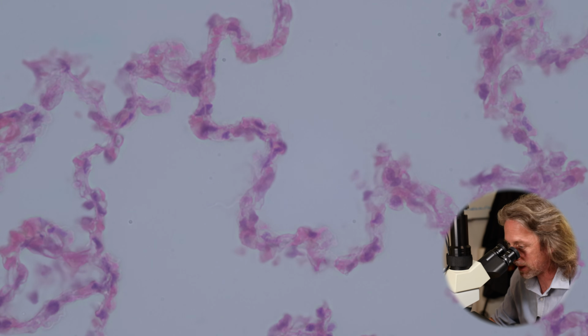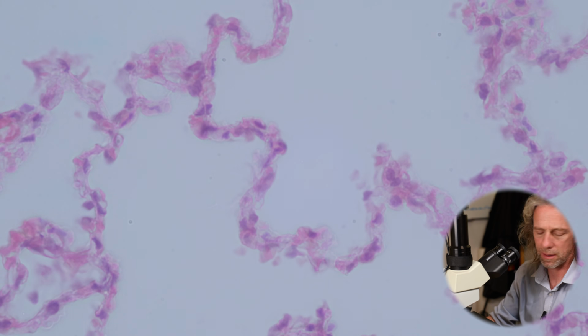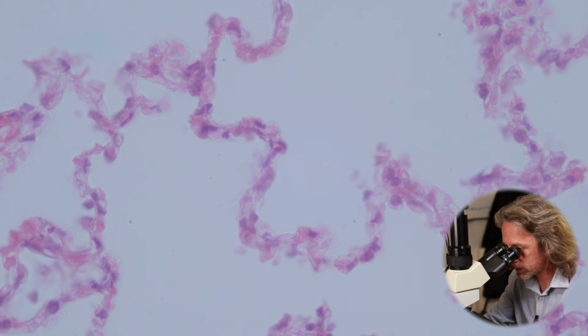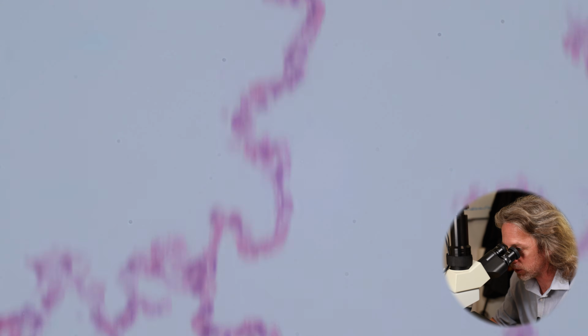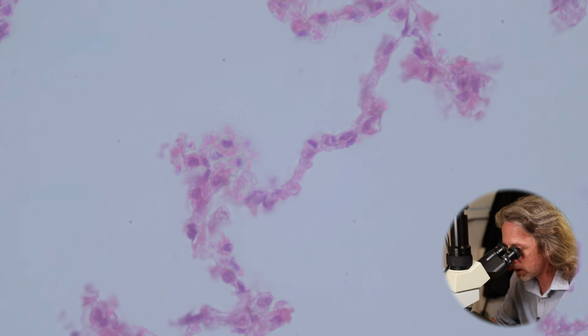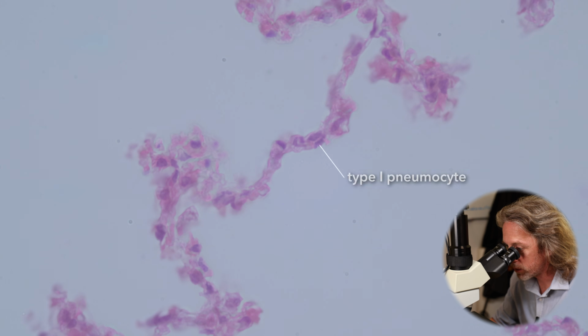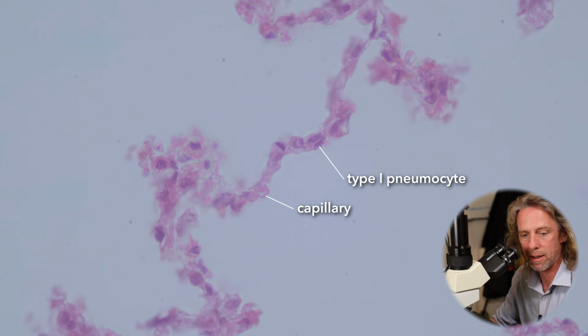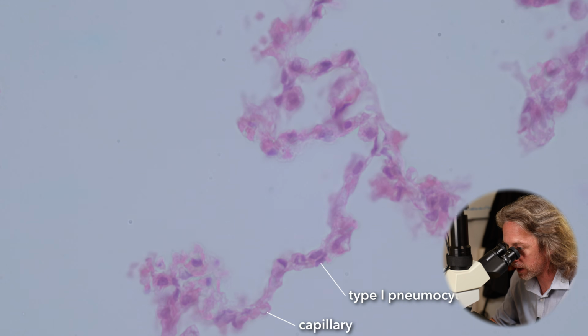Most of the cells that we're looking at are flat, squamous epithelial cells, and those are the type 1 pneumocytes. And we're also seeing some blood cells in there, so there are also tiny capillaries. Red blood cells are passing through there, well, cells of the blood are passing through there, and then we're occasionally seeing bigger cells like